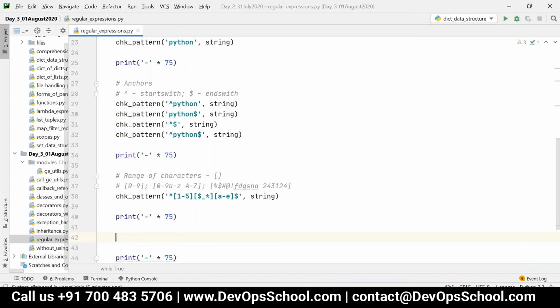Can you hear me? Yes. Okay. Only that the first one, right, under hash, you gave square bracket 0 to 9, A to Z, A to Z. So they will take as 0 to 9, then A to Z one pair, A to Z one pair, one space. Is that right? No. Which one, the second one? Yeah, second. That is, it will match any one character out of a number, that is, any one character within this particular range. So either a number, or a lowercase alphabet, or an uppercase alphabet, or a space. Yeah, got it. Yes.